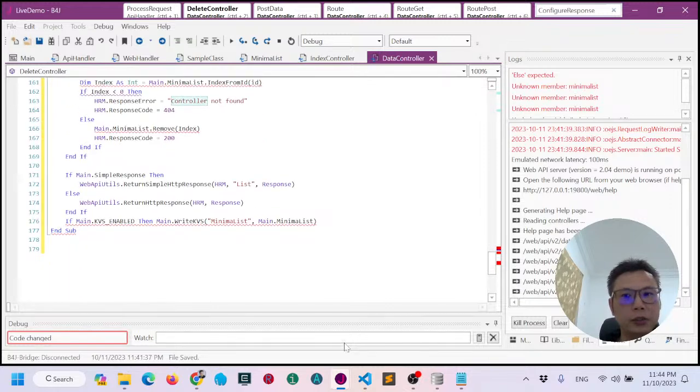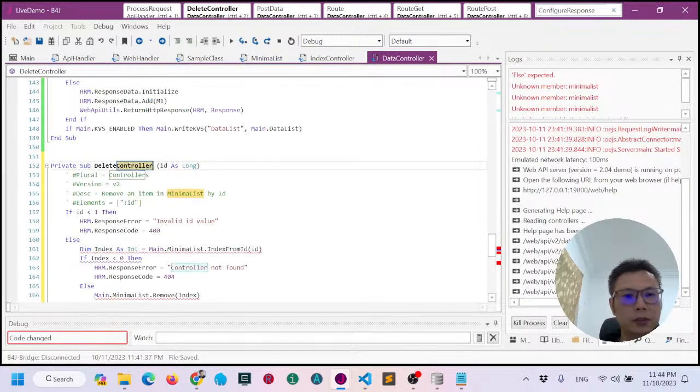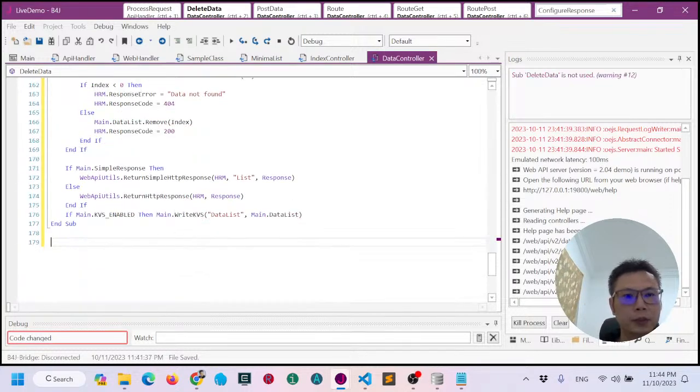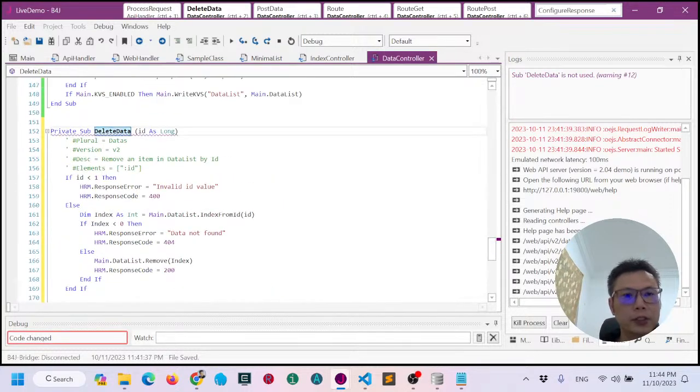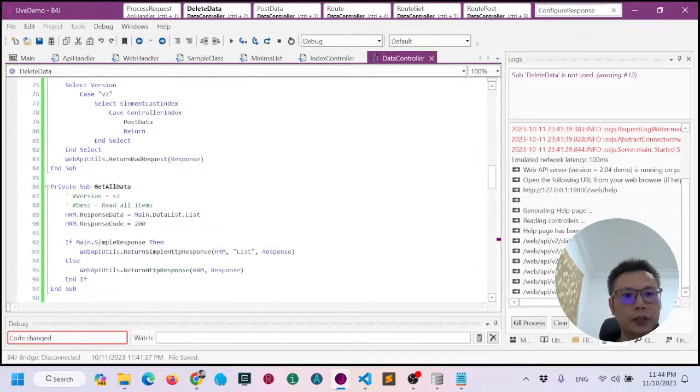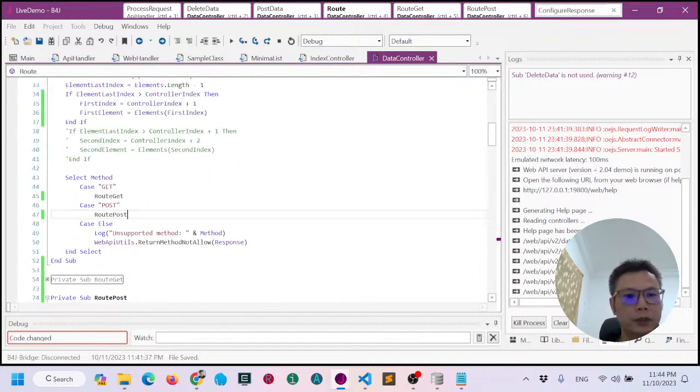Okay, then it will generate the method for you. Okay, let's say you have this delete data, then you need to add in over here